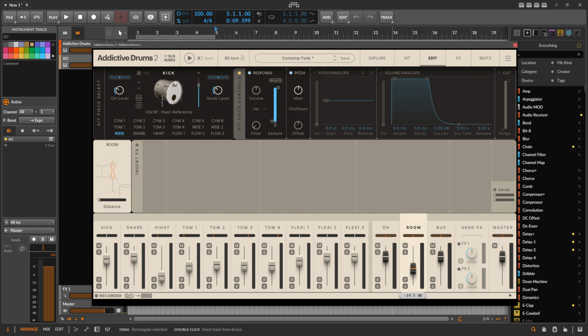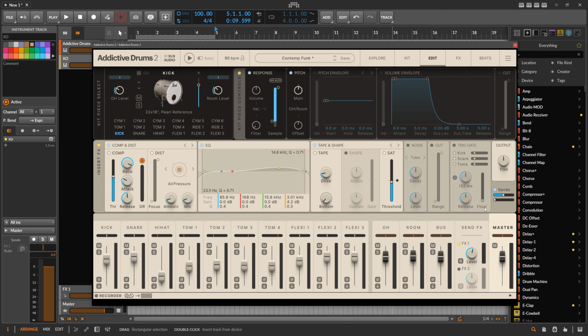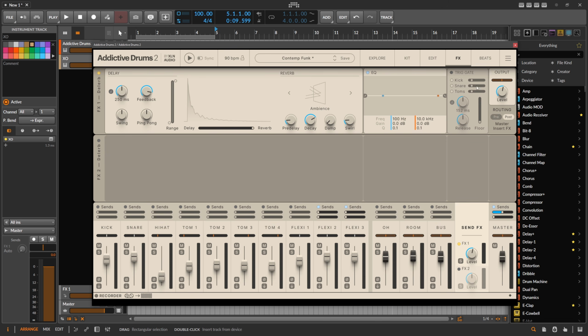Okay, let's bring in here the room mic for another test. Maybe a bit of reverb. We need to send. And now we have here on the master, and not only in the master, also your SendFX, you can see